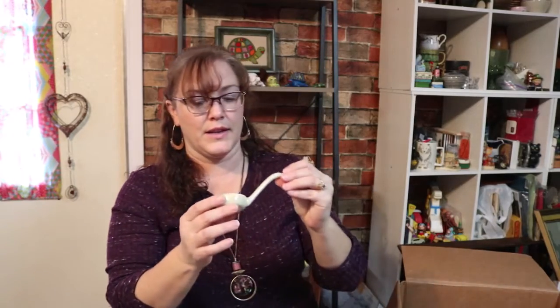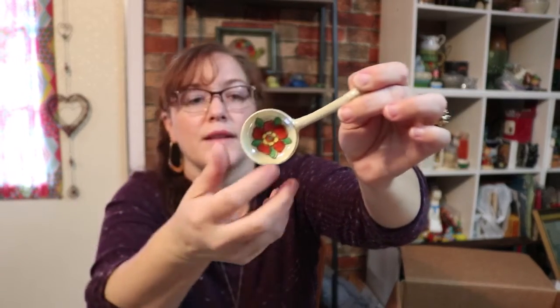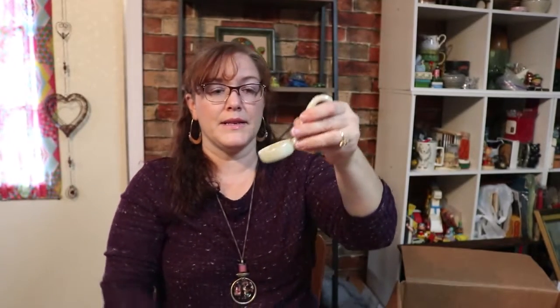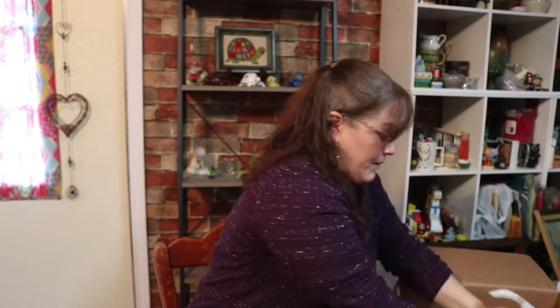Oh, this, I don't know if this goes with anything. It's a little lusterware spoon. It has a little flower there, and that would be painted. A lot of times these little spoons went with little bowls, like for condiments and such, but I'm not sure. I think I might just have the spoon. I may have picked up a bowl somewhere to go with it, but